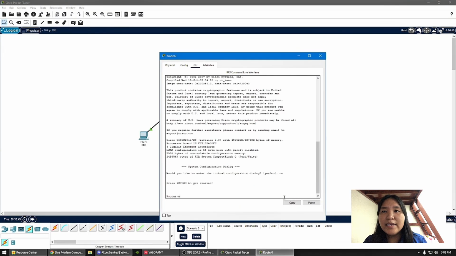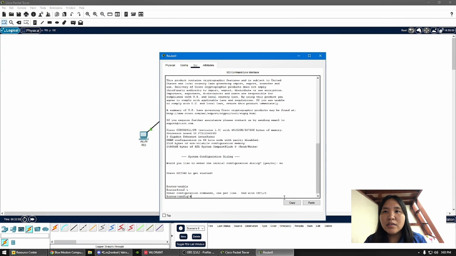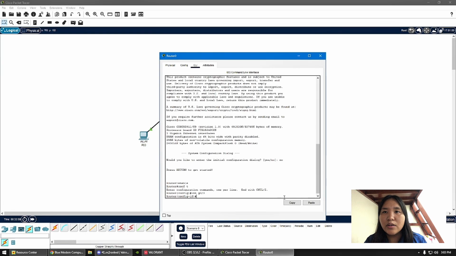We will put enable, next, config t. Then next, the interface, which is G0/0. Then we will put now the IP address, which is 192.168.30.1. Then the subnet mask is 255.255.255.0.